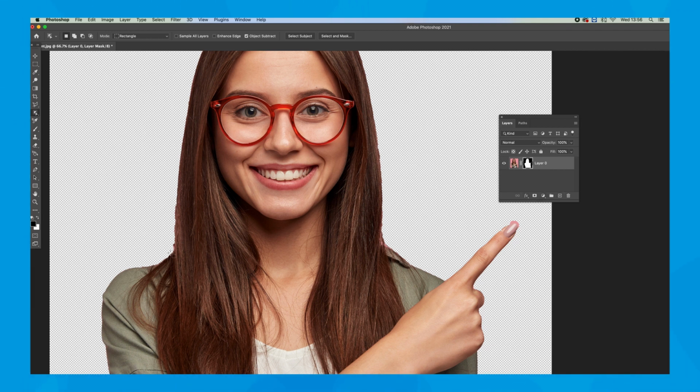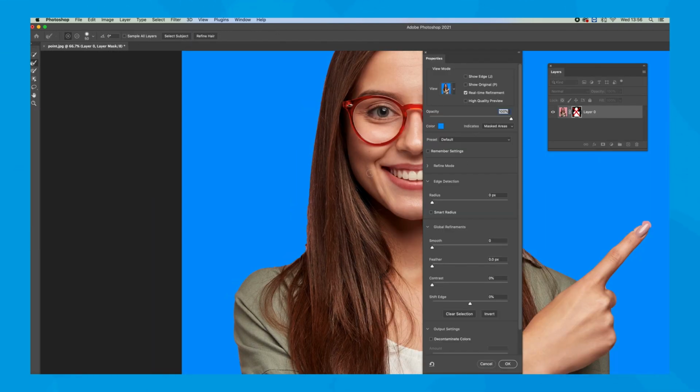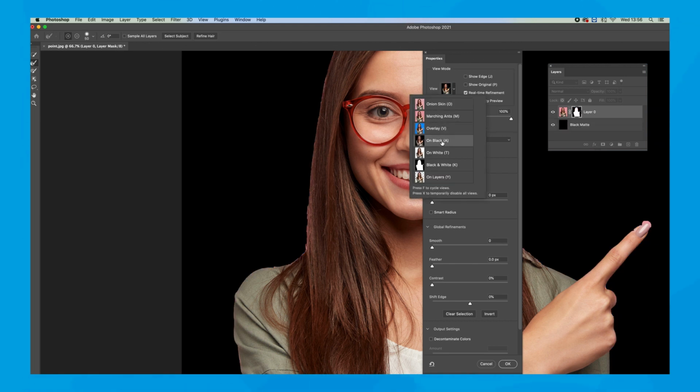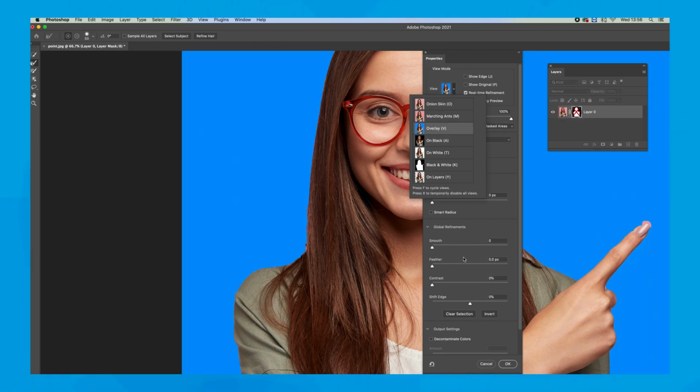So the way to kind of improve all these glitchy areas and kind of where it's a bit rough here is if you double click on the thumbnail for the mask, and you'll get this view here now. This is temporary, this blue background. It's just so you can see what you're working with, and you get options of how you can view this. You can view a black background, several options there, but I'm just going to stick with this blue one.